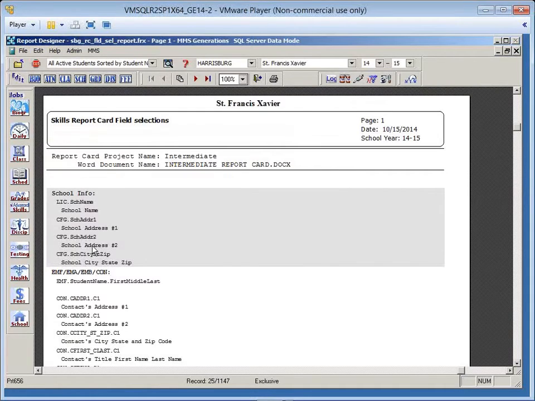So the school information is a different color or shaded versus the biographic. And it's only going to list the fields that you're working with. But I can see here that if I was looking for the school name, I wanted the LIC.school name. Where if I was bringing in the student name, that's from the EMF, the student master table, versus some contact information and so on. What I'm seeing here of the EMF dot student name dot first, middle, last, when you go to do your merge, you're not going to have the periods, but that's the field that you're going to